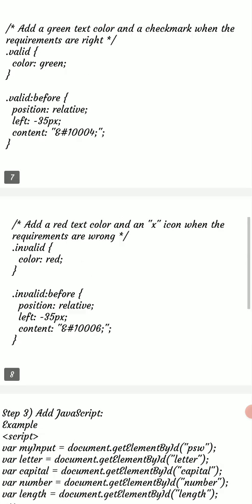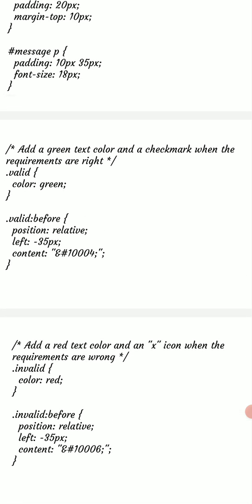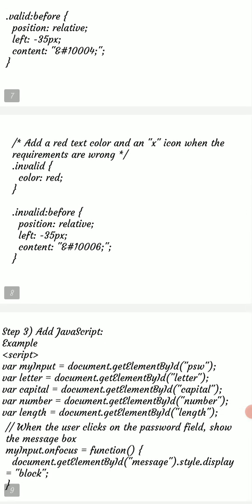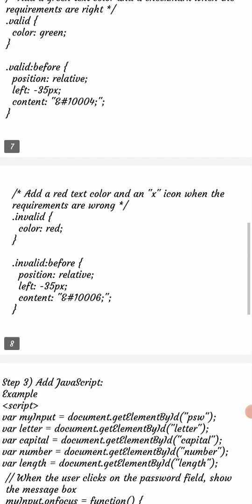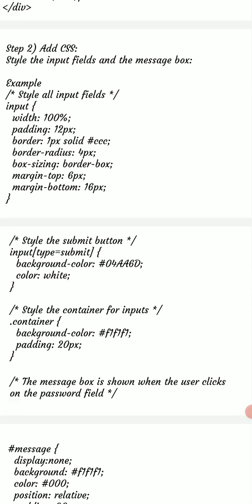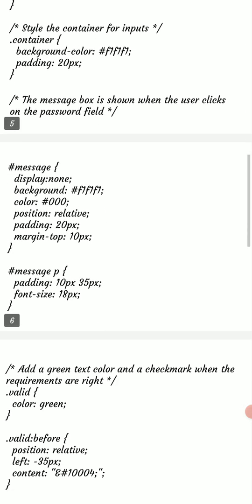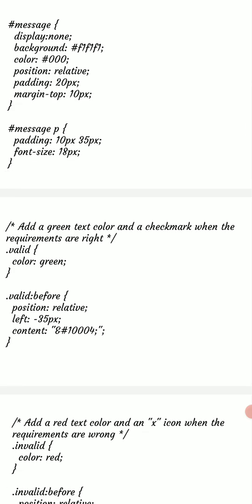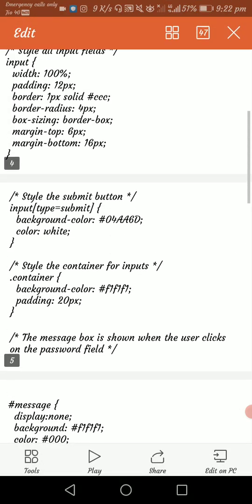That is, if the password is valid it gives green color, and if it is invalid it's in red color. This is the other style: the width, the border, box size, margin size, and the color of the background, and also the input color.